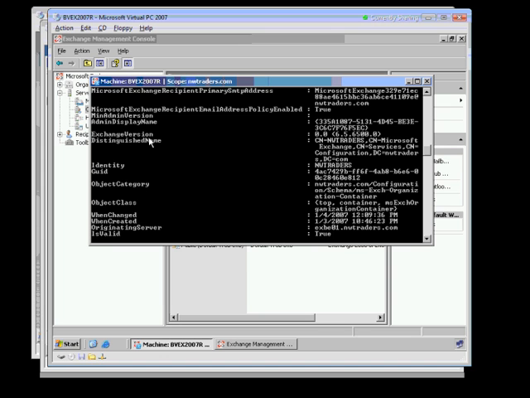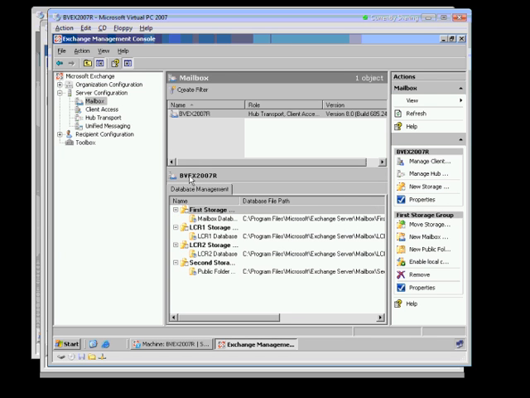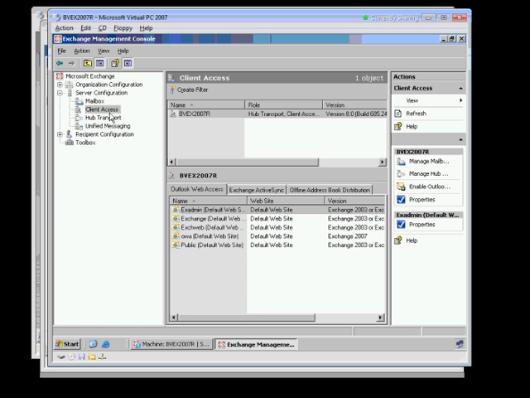After you install, you can run through some of these different commandlets. I'm not going to get into all of those pieces right now. I showed you some of those basic ones. And then let's take a look. Because after you install Exchange, of course, you're going to want to make sure that your mailbox databases are set up correctly. So if you need to create additional storage groups, create additional mailboxes, then by all means, go ahead and do that. If you want to configure your client access options, then you would go into client access on the server side,